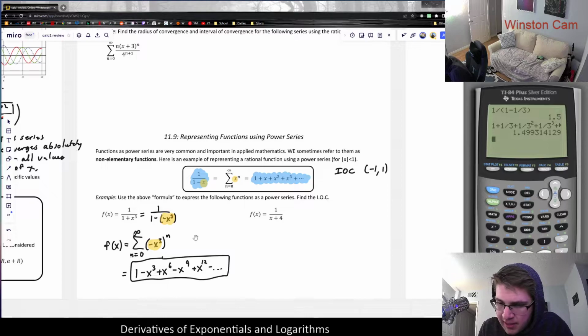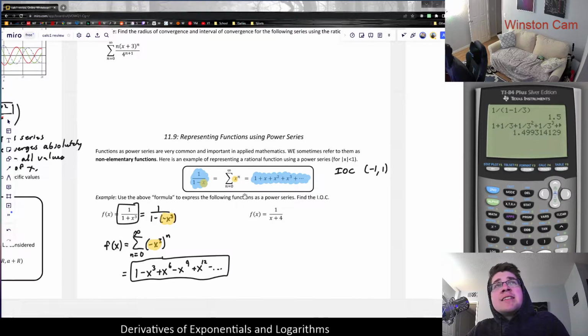this function. And again, if you're wondering how do I know that this is true? Well, you could try plugging numbers in. But also, another thing is the interval of convergence for this particular power series representation. Since I'm using a formula where x is valid within here, what I need to do is make sure that I'm changing this to x cubed, because this formula I could rewrite as absolute value of x less than 1. But I would need to plug in the new x to make sure that the interval of convergence